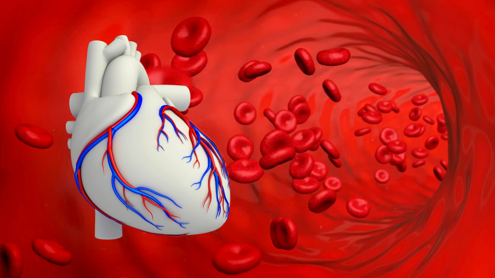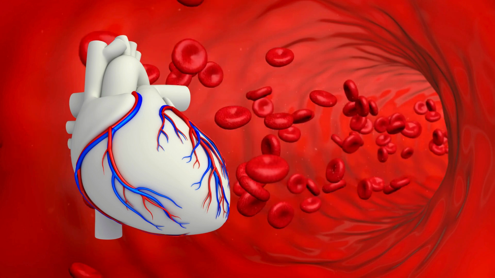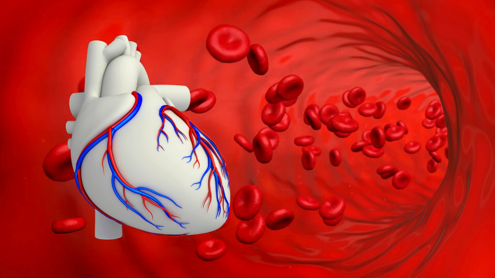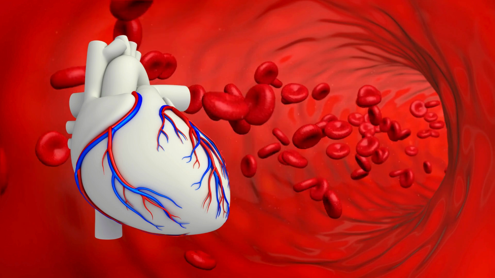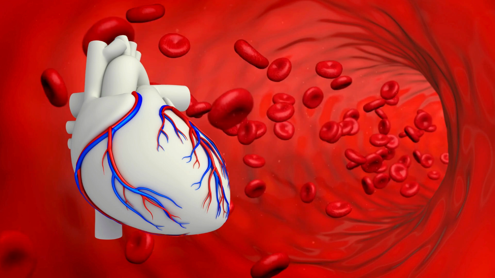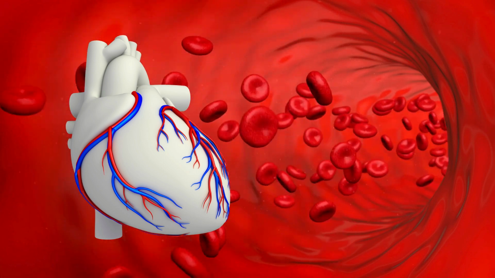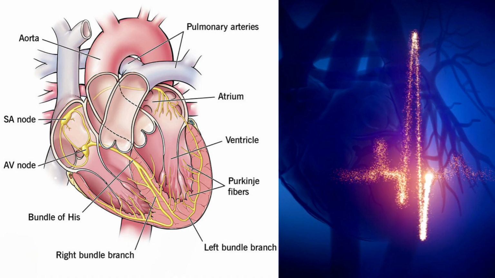The heart itself needs a constant supply of oxygenated blood. This is provided by the coronary arteries, which branch off from the aorta. These arteries wrap around the surface of the heart, ensuring it receives the oxygen and nutrients it needs to function effectively. The heart's rhythm is controlled by an electrical conduction system, which includes the sinoatrial node, or SA node, the